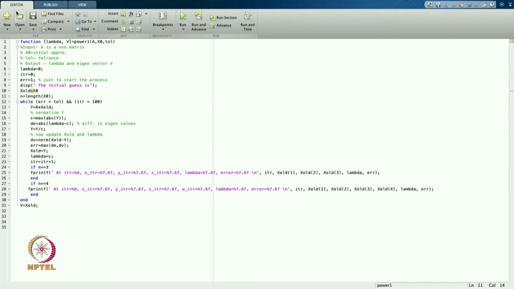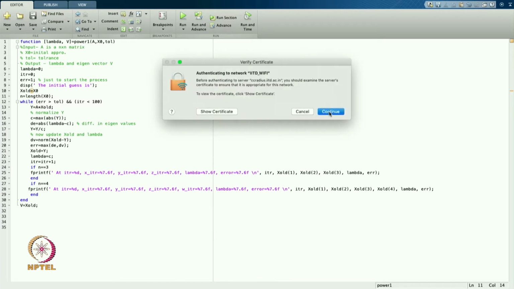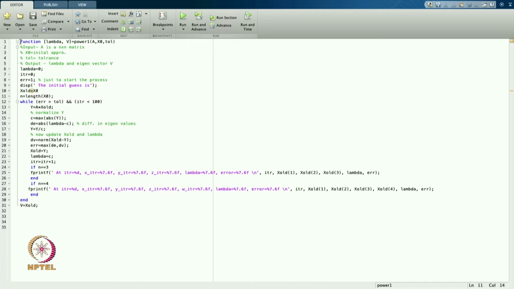This is the MATLAB code I have made. I call it power 1, which is the name of the function. Looking at its arguments, I pass the matrix A, x naught is the initial solution or initial eigenvector, and I also pass the tolerance.